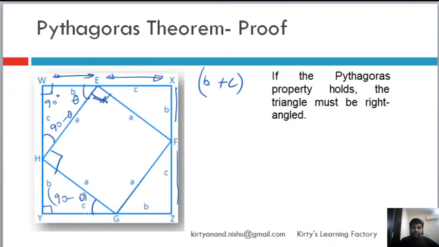Right, because this is side C and this is side C. So the angle at the extreme of the side of length C is 90 minus theta, so the angle on the extreme of the side of length C is 90 minus theta, so this will be theta, right? Because this is 90 degrees, this is 90 minus theta, so it has to be theta, right?